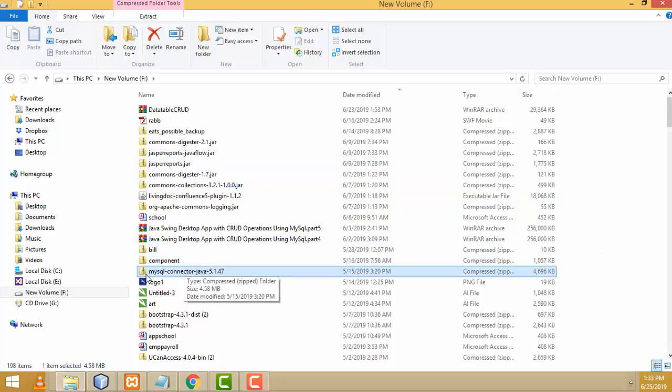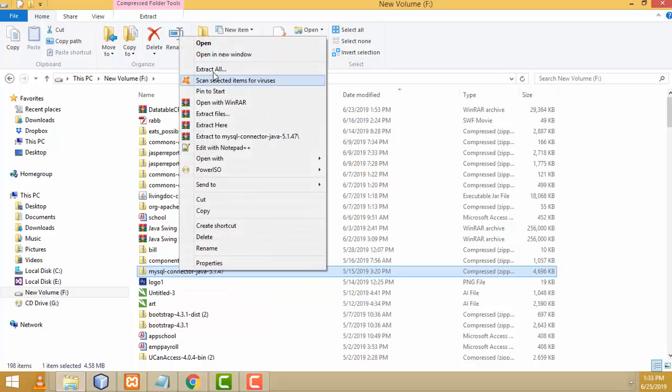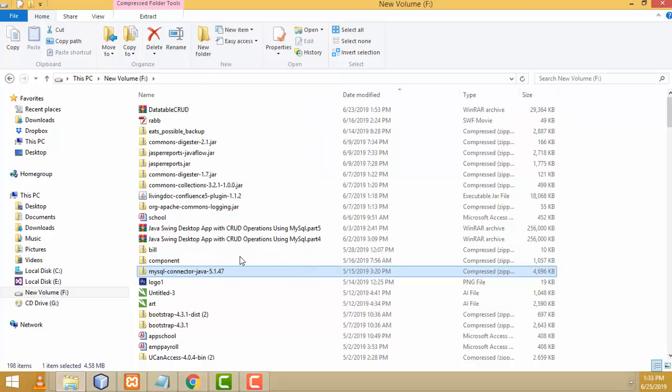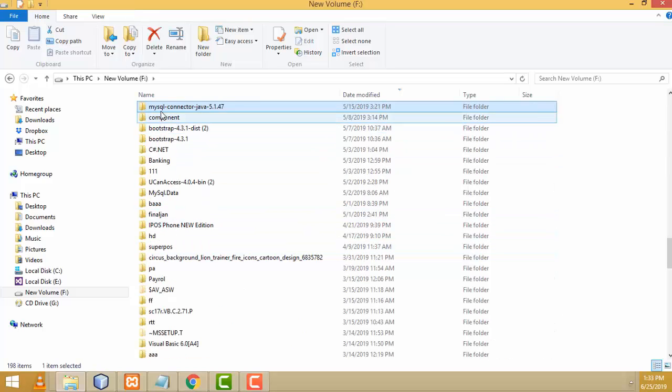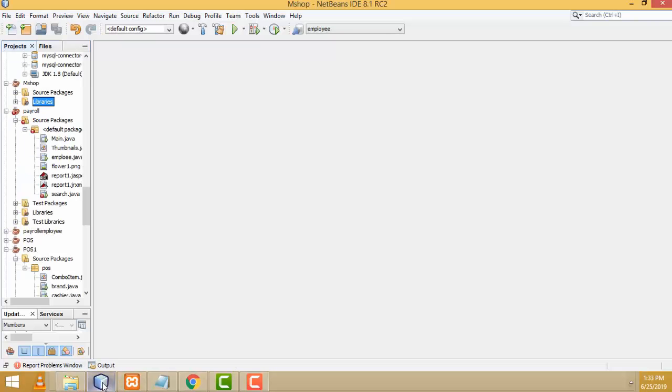Here it will look like this after you download the MySQL connector. You have to extract it. Right click and select Extract All. I already extracted it, so you will be able to see the file here. After extracting, you will get a folder format. After download and extract,